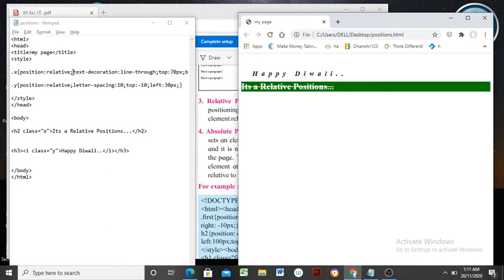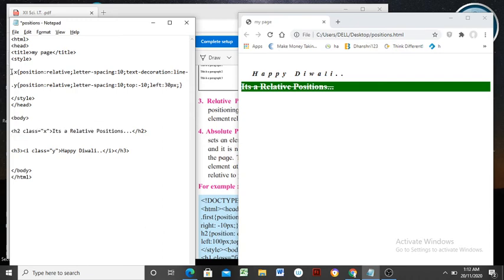In this content, suppose I want to apply letter spacing, it is possible. Letter spacing 10 pixels, a property within the first selector, that is nothing but the X selector, a class named X, having an additional property, letter spacing 10. So this content with the letter spacing will be displayed here, by leaving a space.